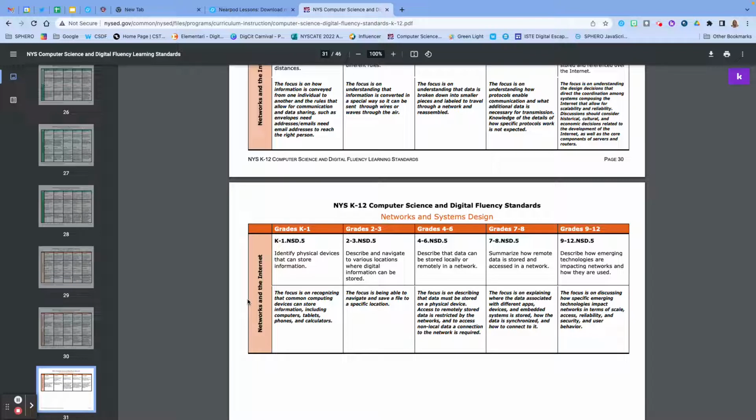The final one, which is my favorite for 9 through 12, is discussing emerging technologies. And here's where you can really bring in some of the new things that are happening. Currently in 2022 into 2023, we're talking about artificial intelligence, machine learning, the Internet of Things, nanotechnologies, our connectivity with 5G. We're really talking about the fact that we're in this fourth industrial revolution as we're moving forward. So it's a really good time to have students examine what technologies are coming and how that is shaping our world. Again, it ties very nicely into the impacts of